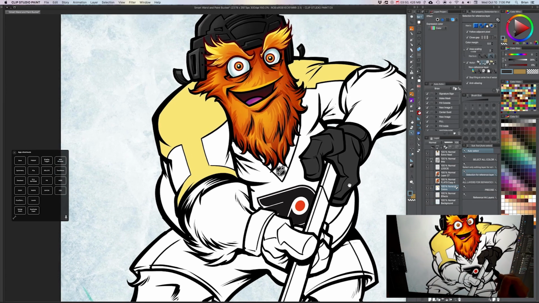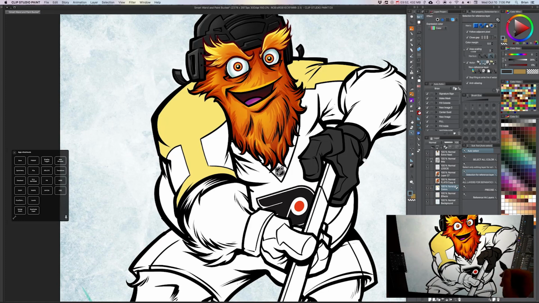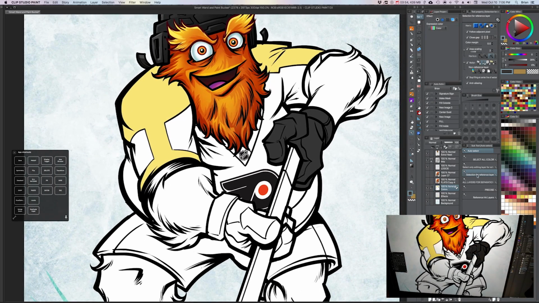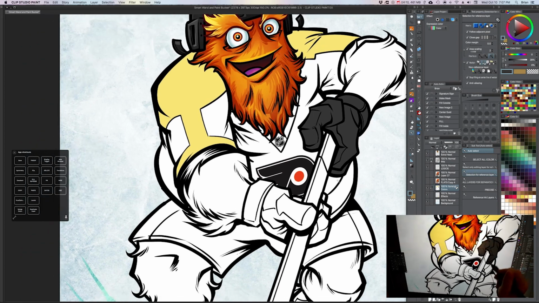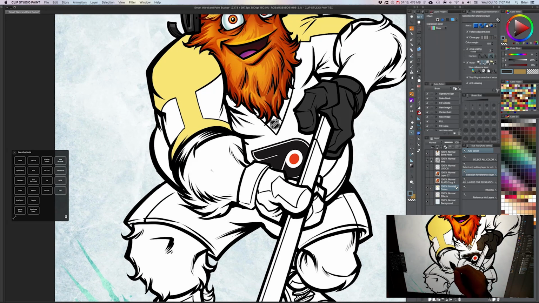Alright, and the Magic Wand tool has all the same options as well. So what we can do is set it for the reference layer. I'm going to have my inks up here, set with the lighthouse. I'm going to set the area scaling to like 2 pixels, maybe 3, and I'm going to have it close the gap. And we want Follow Adjacent Pixel, otherwise it's just going to select everything that is not black, and we don't want that. So what I can do is go in here,